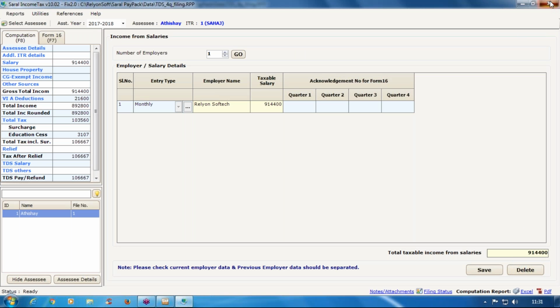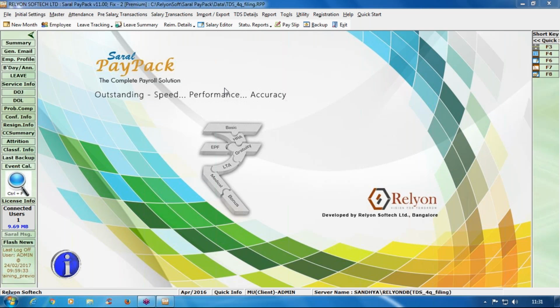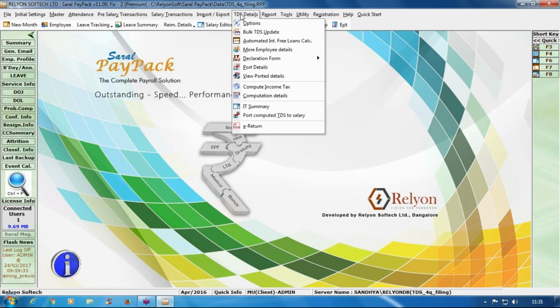Okay, so once that is done, we will come back to our Saral PayPack software. This was your first month process. So every month what you would be generally doing is port all the salary details from salary to TDS calculation, compute income tax, and view these details. Next step is port TDS to salary. So whatever TDS has been calculated, it should reflect in your payslip. For that purpose, we will say